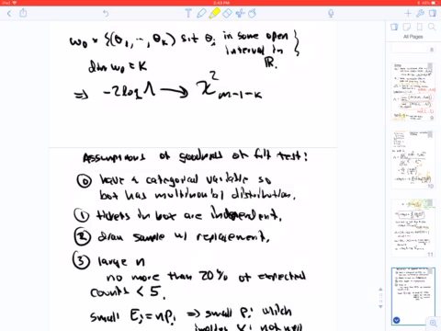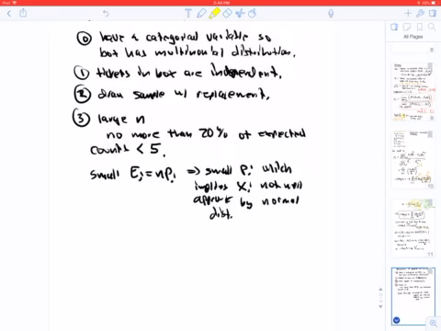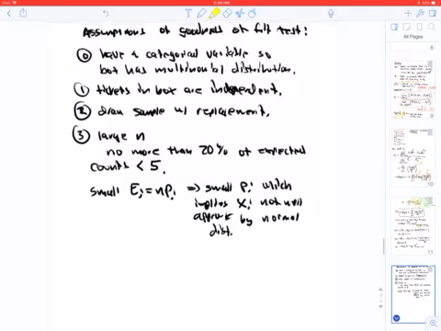Assumptions of the goodness of fit are, well, you have a categorical variable, so your box is a multinomial distribution. The tickets in your box are independent because, just think about, for example, binomial. Binomial is a sum of independent trials, and each ticket is a trial. You're drawing a sample with replacement. If you are doing a simple random sample and you have a large sample size, we're fine, that's going to be fine. And for large, you need a large n